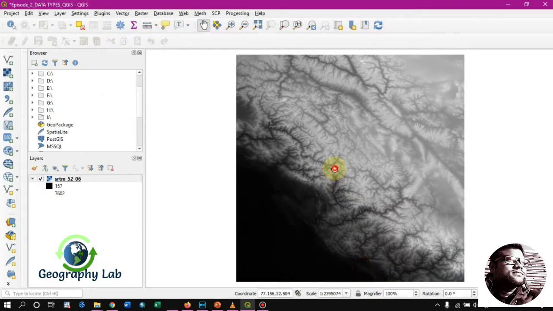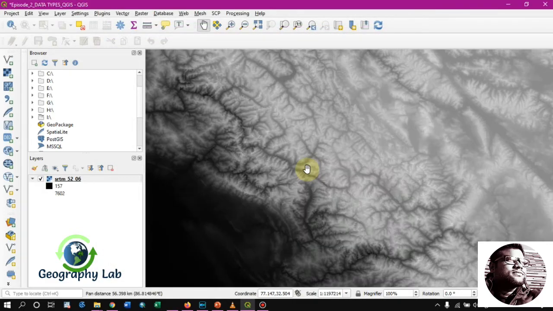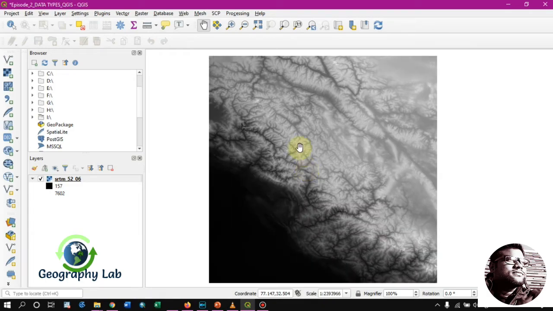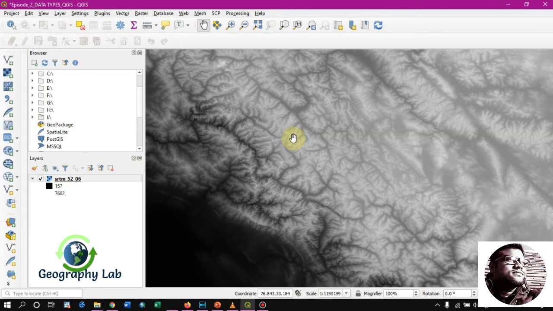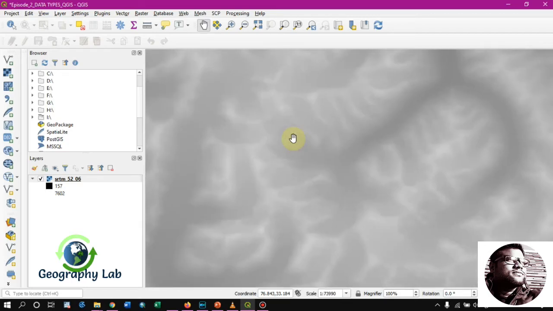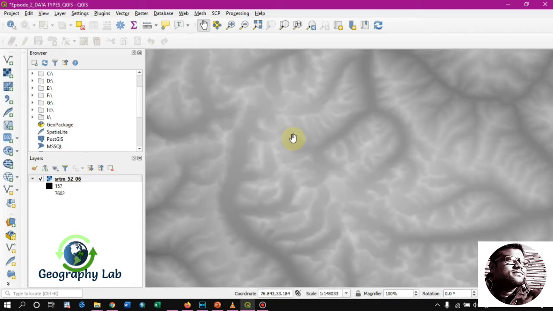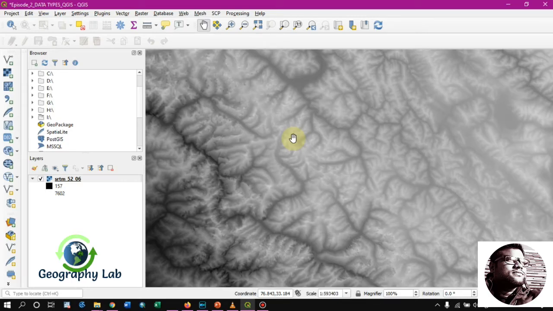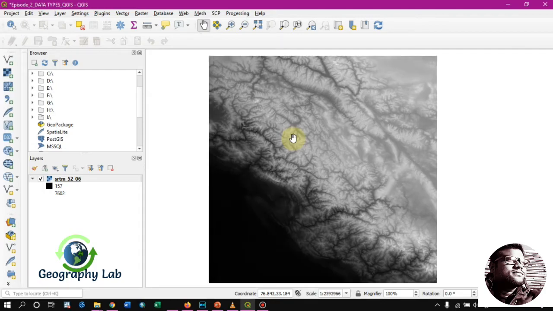It will automatically pop up the raster dataset. The raster dataset represents the pixelated or grid based data system, or it represents the surface which could not be represented by the vector dataset.